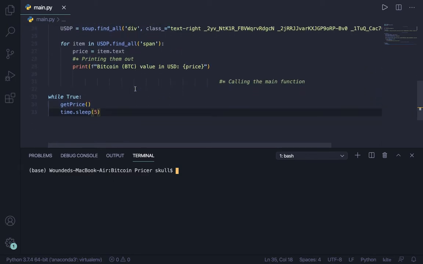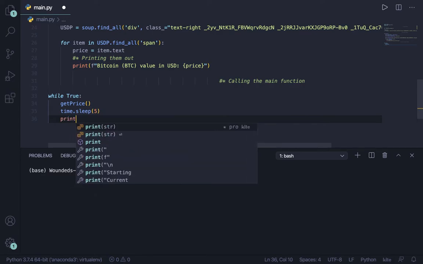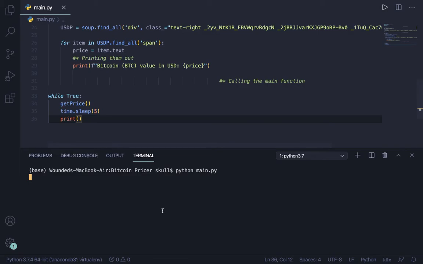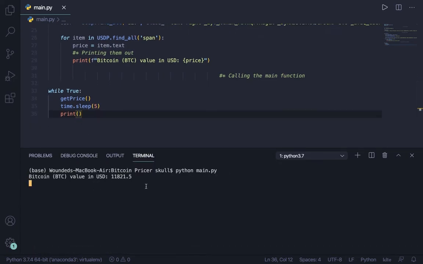So if I just run that, I'll just make one little addition here, I'll just add a print to make it look a little cleaner. So if I do python main.py and run that. Okay, so it's running now. Let's see. Come on, why is it not running? Wait. Yep, okay. So here we have